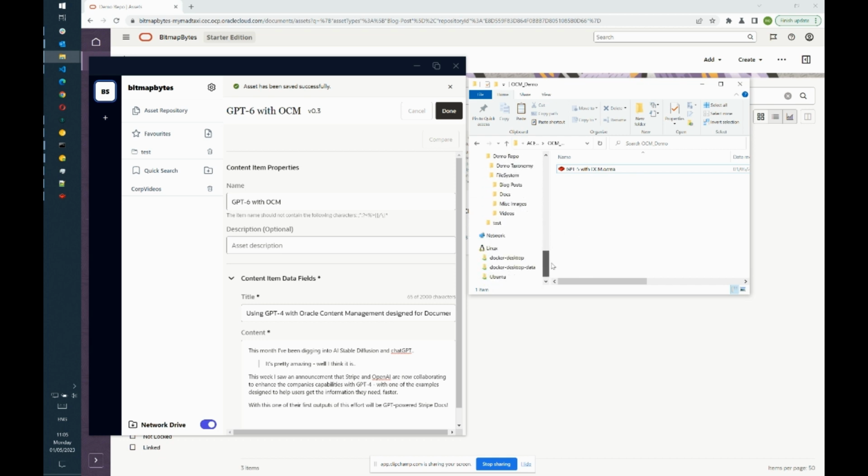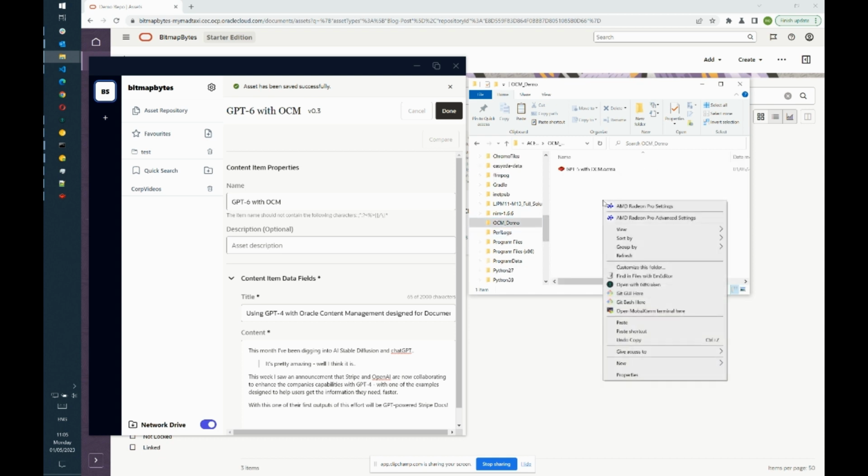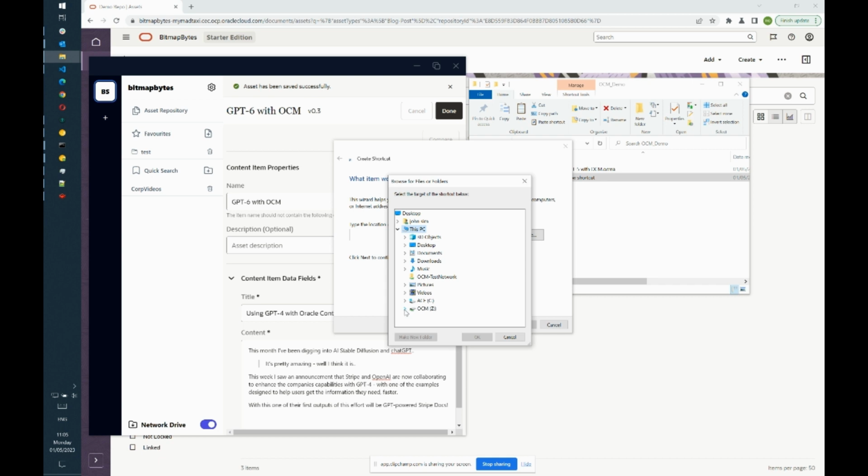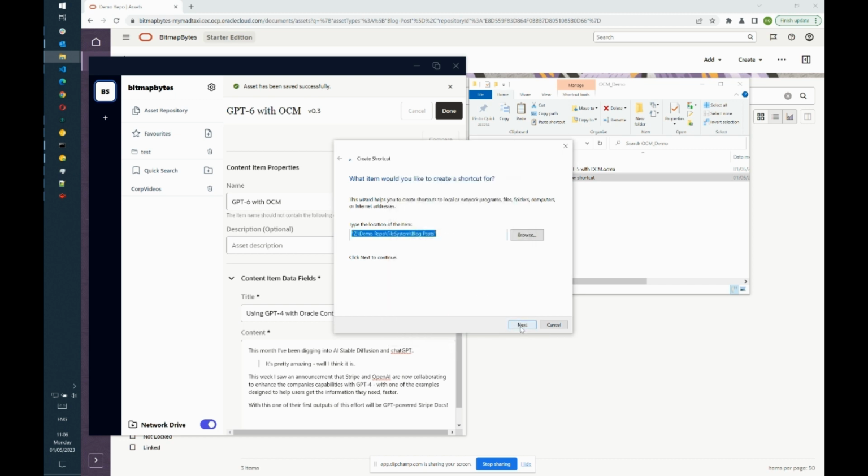Now, what I can also do is, let's go into the blog posts. Actually, let's create a shortcut. So let's go back into here. Let's right click and say new shortcut. And then we're just going to quickly browse into that folder. So we'll go into the repository, we'll go into the taxonomy file system, and we will select the blog posts category or folder that we've got here and select OK, next, and we'll leave it as blog posts